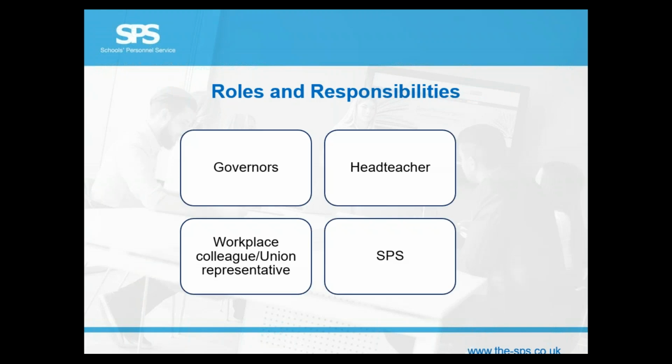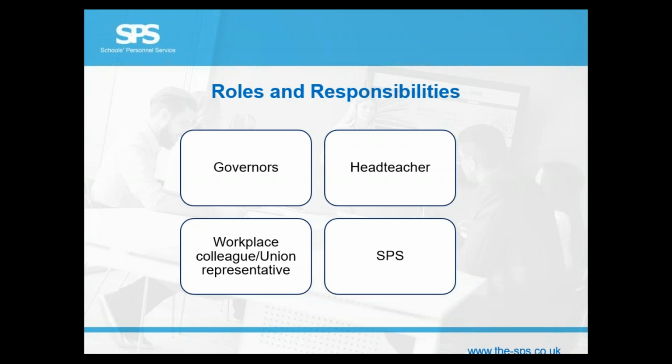So, roles and responsibilities, Liz. Then there are a number of people involved, from governors through to union reps through to our lovely colleagues here at SPS. So let's have a look at that. Should we start with governors? Because unlike many school policies, governors do have quite a significant role in the operation of the redundancy policy. So initially, before you kick off a redundancy process, it's the role of the full governing body to approve